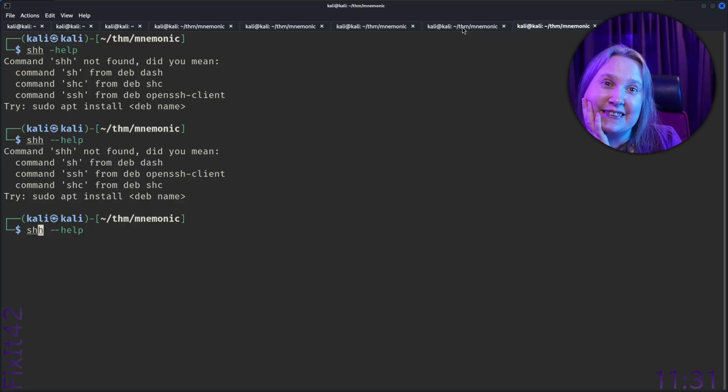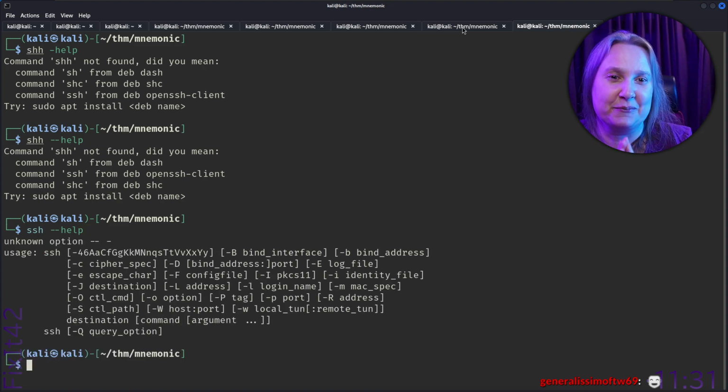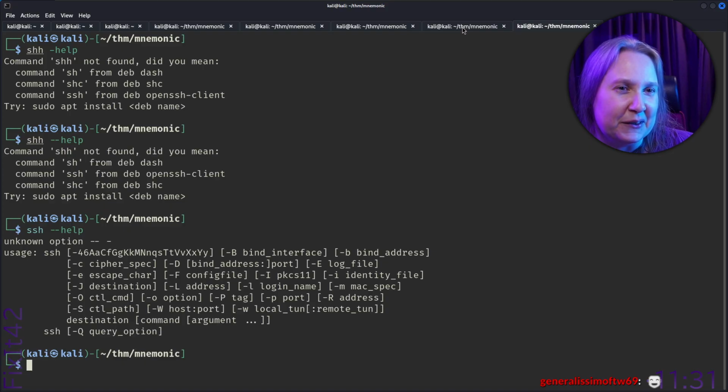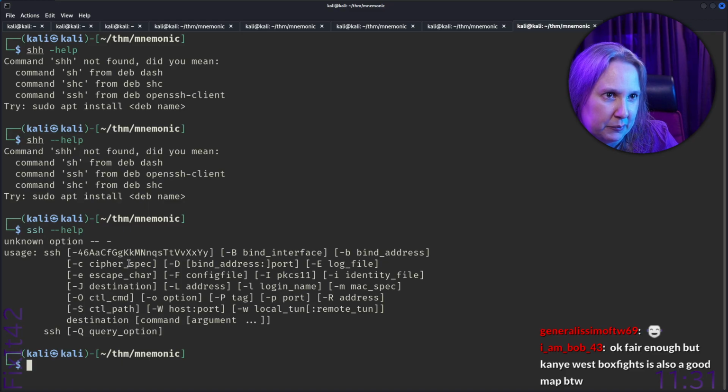I typed SHH. I kind of know it's SSH. 69 says, colon D. You're welcome to laugh. That's kind of the point of this. Let's have fun together. I don't remember the keys. Probably the option is easy.